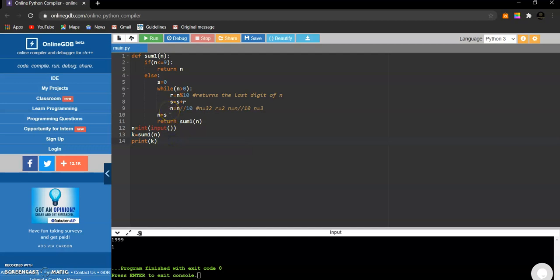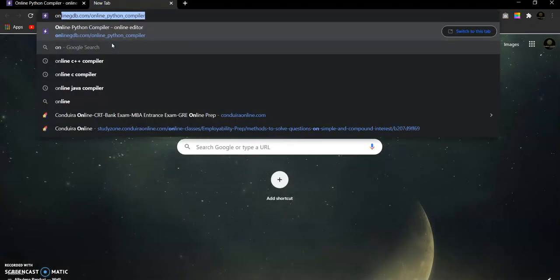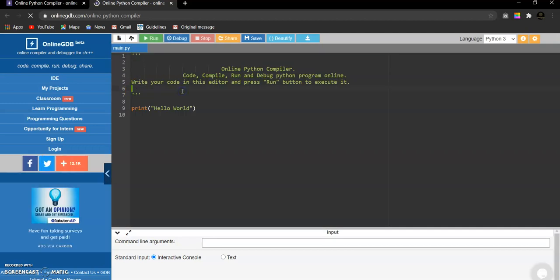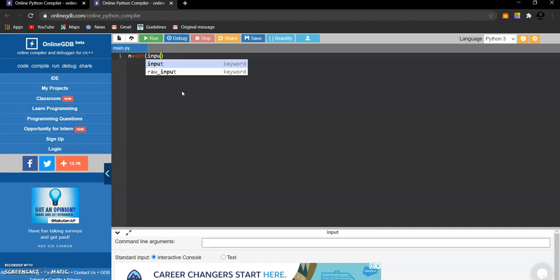This might take a long time to compute the result because we'll be using loops over here. So I'll tell you a method wherein you can obtain the solution in order of 1 complexity. Let's code that. Take the input. If you want to obtain the digisum of any number, just perform modular division by 9 and you'll get the digisum of that number.